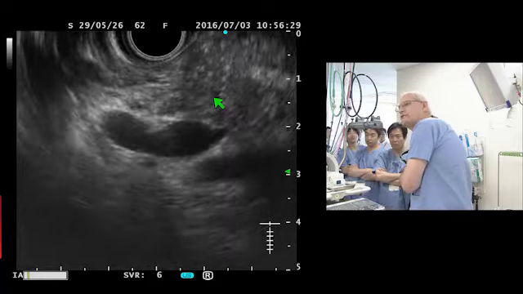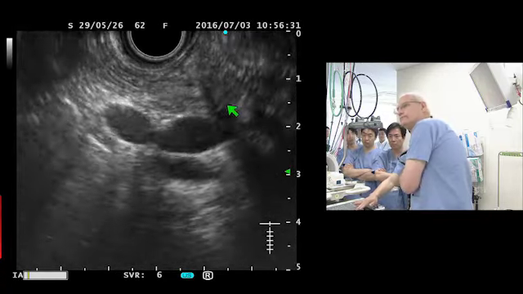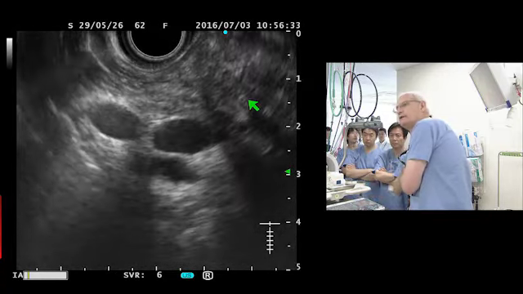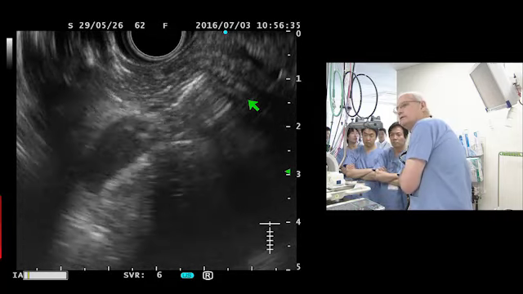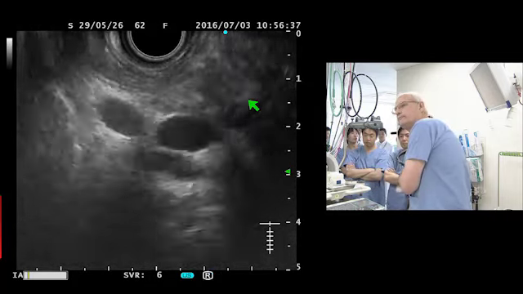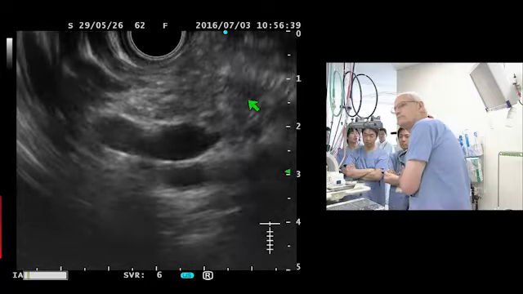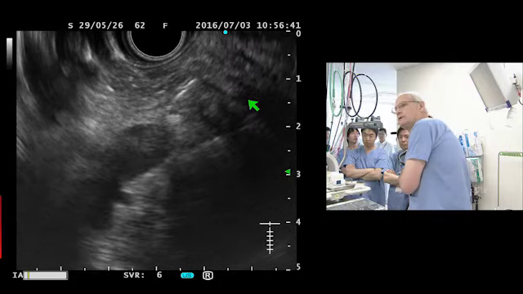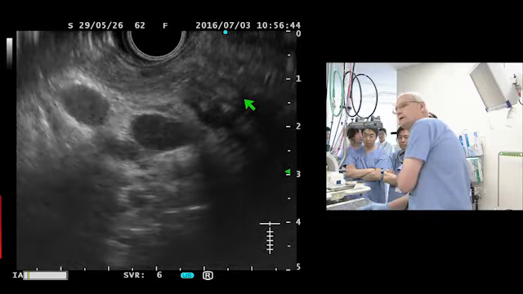So there's the pancreas coming into view in the upper right-hand corner. And I think